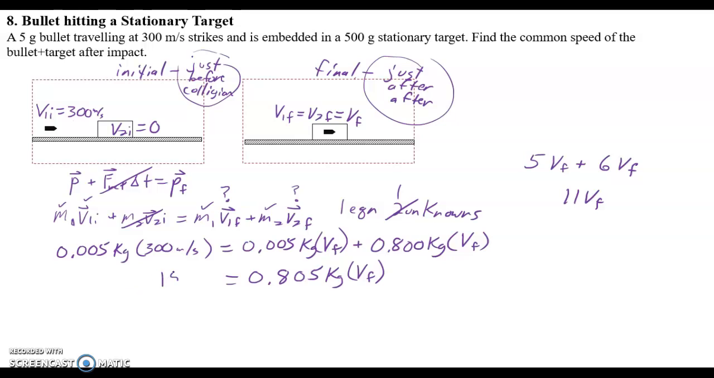All right, and so we get 15. Let's see, that's 15, and we divide, so that comes out to 1,500. 1.5 kilogram meters per second. Divide both sides by 0.805 kilograms, and we get VF